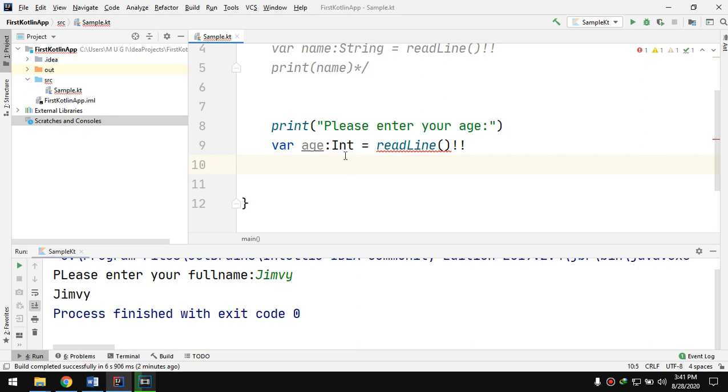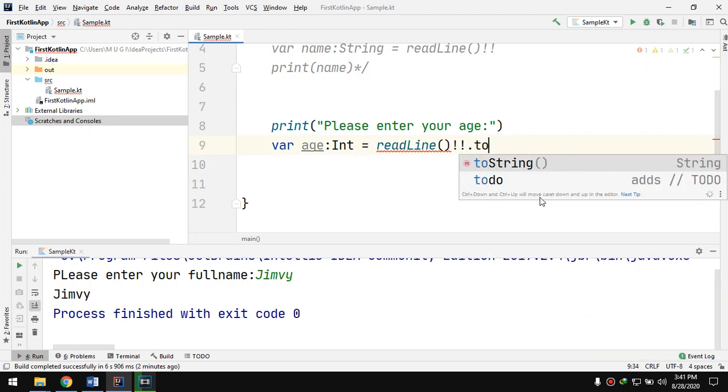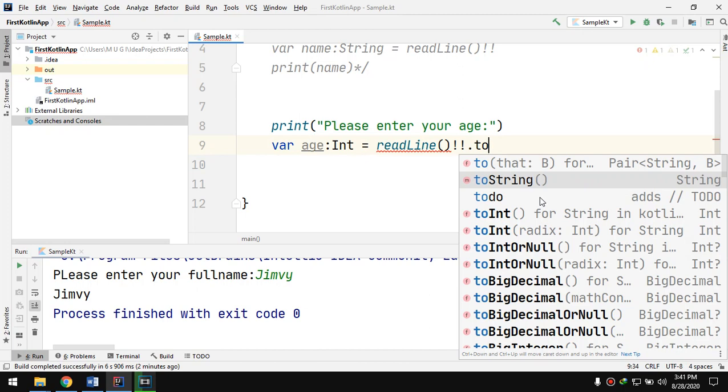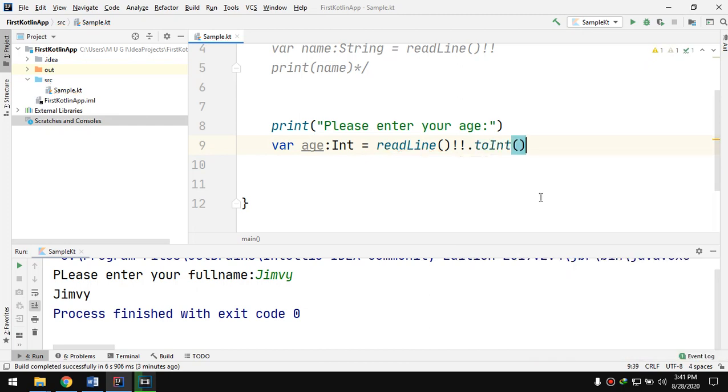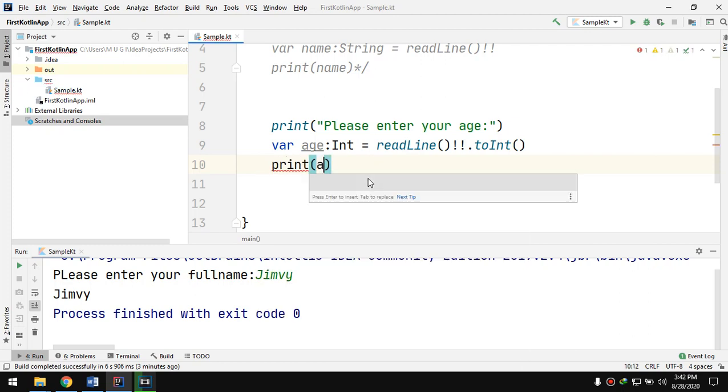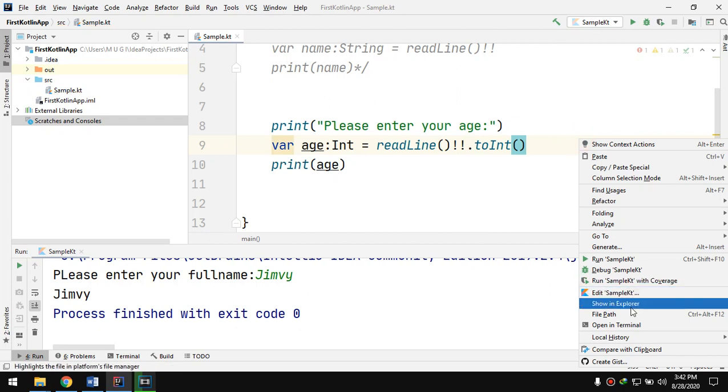So very simple, and then toInt. Okay, use this one, toInt. So as you can see, wala na siya nag-error. So it gives no errors. And then we can successfully print this one